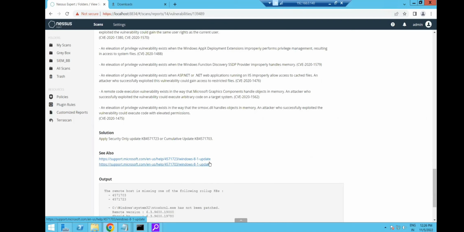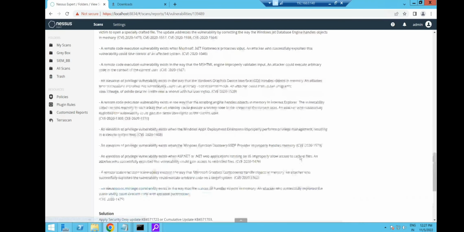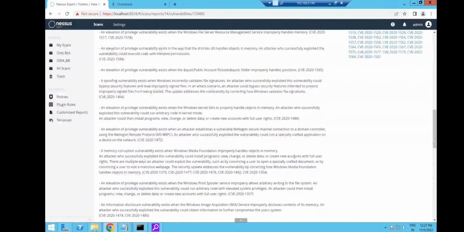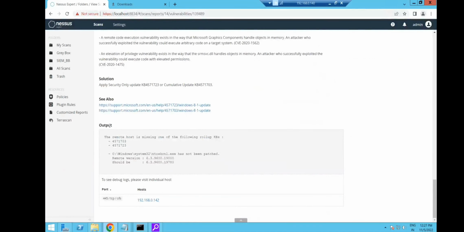Anyone? Update. In which category does it fall? Update, configuration management, or encryption? Upgrade. Update or upgrade, both are update categories only. You update your software version, and you will fix this issue. This is how the vulnerability is, to understand that,